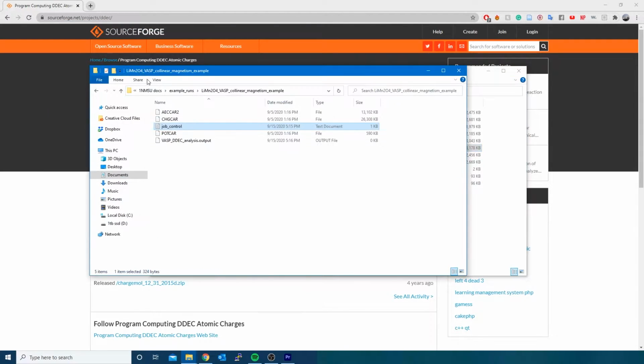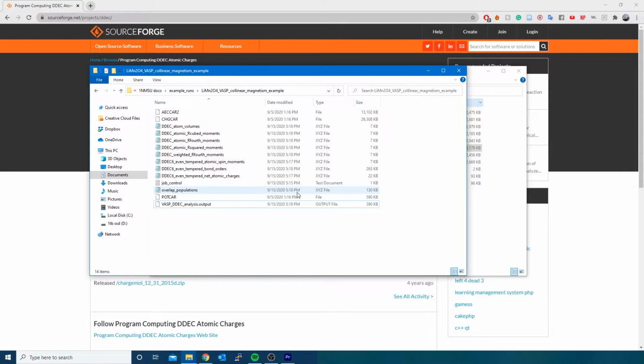Go back to the folder where you have the input files, and depending on the size of the system, the program is going to start generating output files in the same order the program operates. Additionally, you can run two jobs at the same time by opening the executable file again and submitting a different job control text file. Note that the job control text files need to be located in different folders.